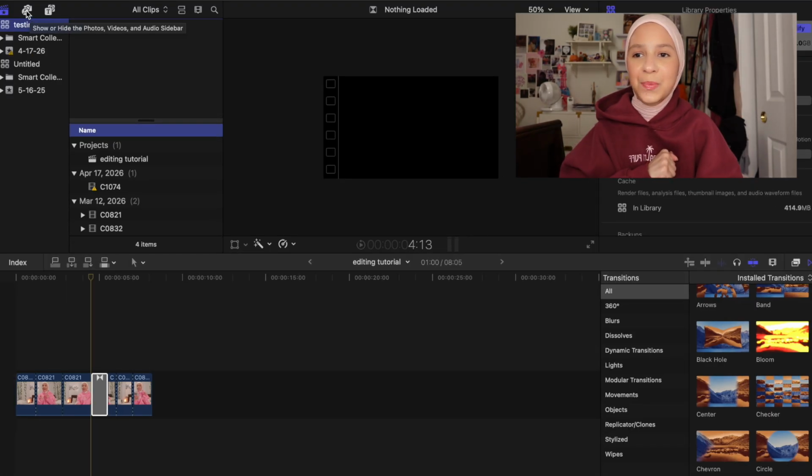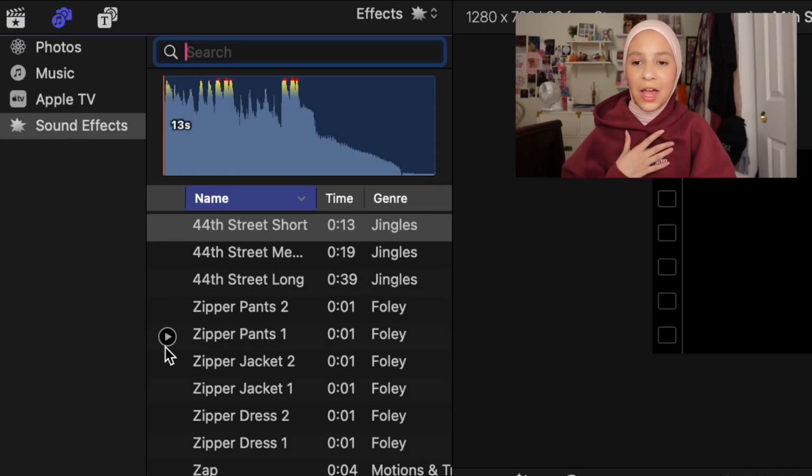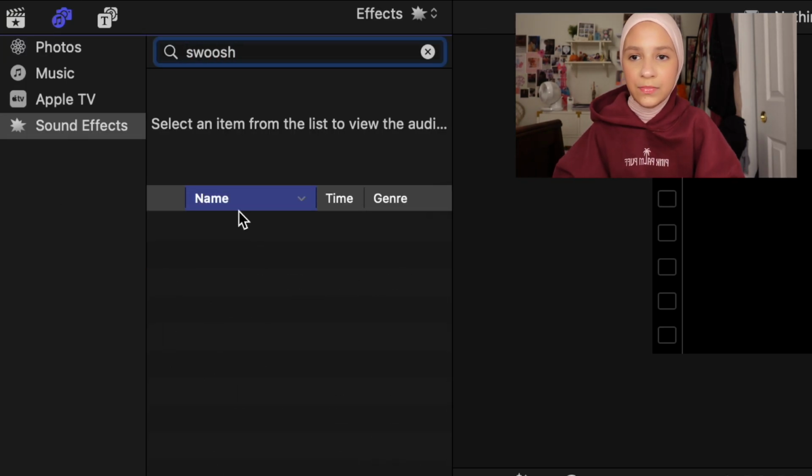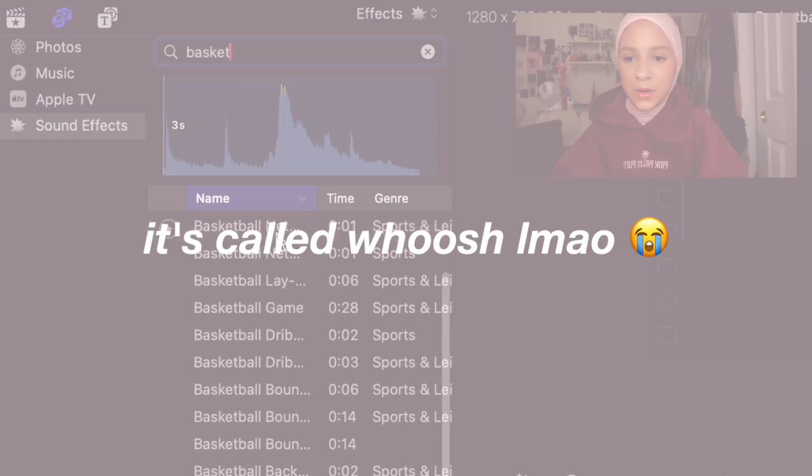Yeah, and so basically how you can find that is click on this little camera and music thing, and then it comes to sound effects, and then you can just search swoosh. Oh, maybe it's not called that. Swoosh? Wait, I swear it was here. Basketball, swoosh. Wait, let me try and find it. I'll be right back. Okay, so I just realized you can't find it in the actual Final Cut Pro thing,